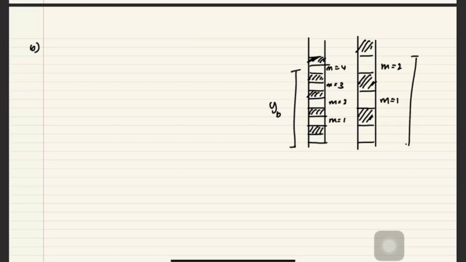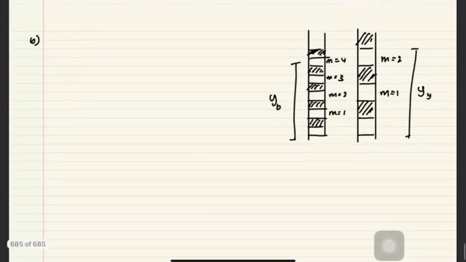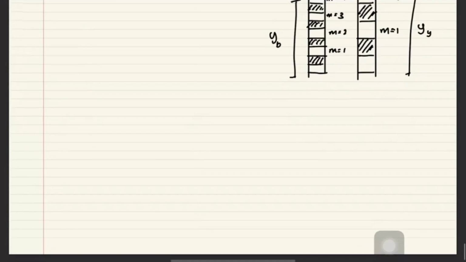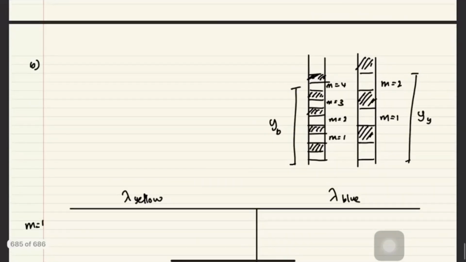Tapi yang paling senang sekali kamu nak kira, so you can calculate separately. Maksudnya kamu kira, kamu buat table. Okay, satu tu untuk yellow, satu lagi untuk blue. Okay, and then kamu boleh kira kalau m dia sama dengan 1, y dia berapa, m dia sama dengan 2, y dia berapa, and so on. Okay, so bila y dia tu sama, itulah maksudnya dia bertindan. Okay, so let's try to calculate. So using the formula of constructive interference,